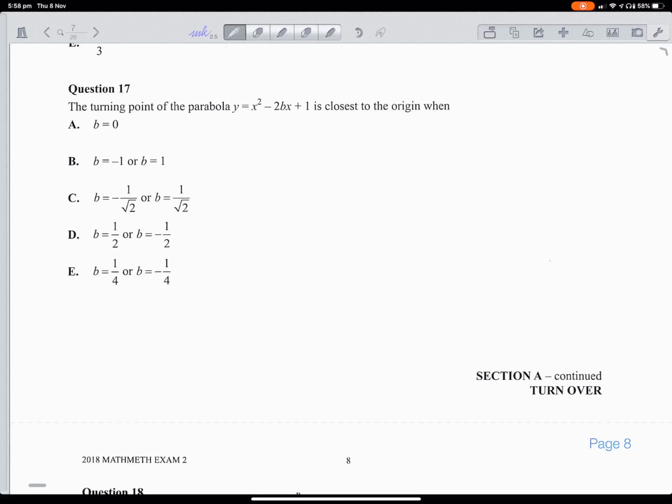Okay, the turning point of the parabola that is closest to the origin, when? Okay, the turning point is negative b on 2a. So here, b is negative 2b, so it's going to be 2b on 2 times 1, which is just b. Okay, so if b is the x value of the turning point,